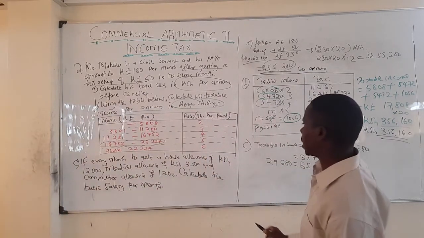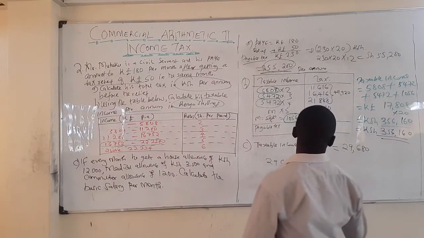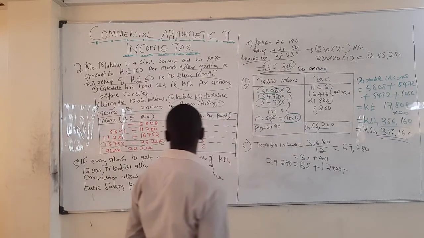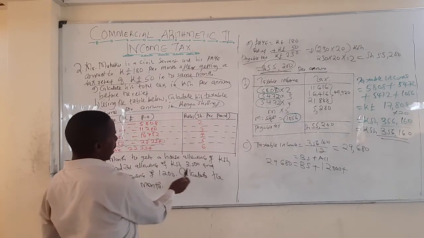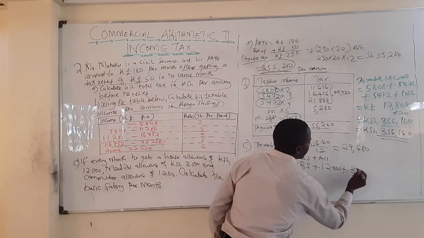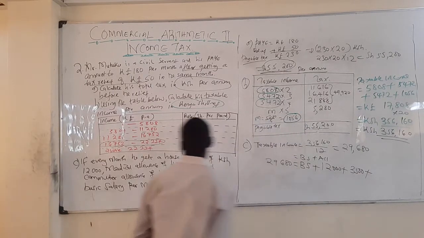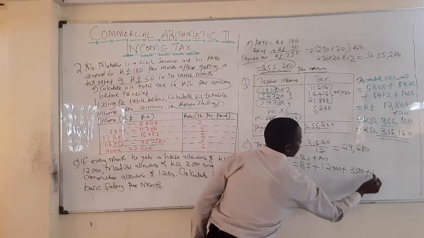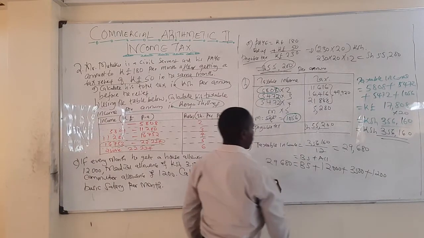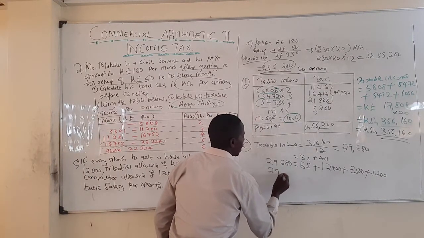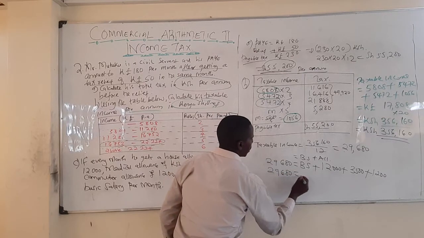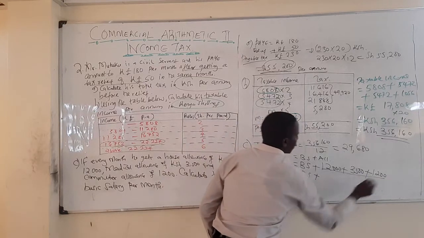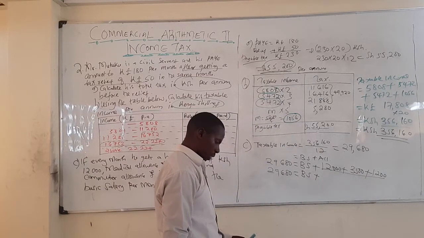The house allowance, which is 12,000, plus the medical allowance 3,500, plus the commuter allowance, which is 1,200. So the 29,680 is going to be the basic salary plus these allowances. The total of the allowances is